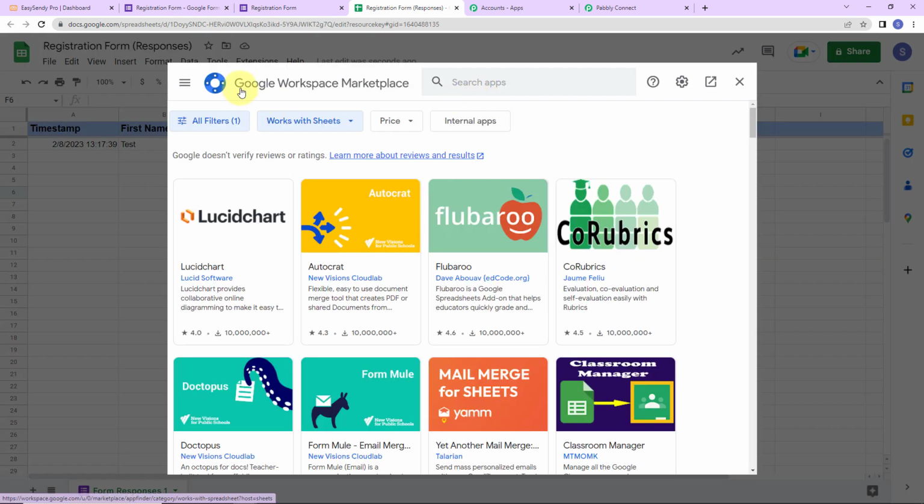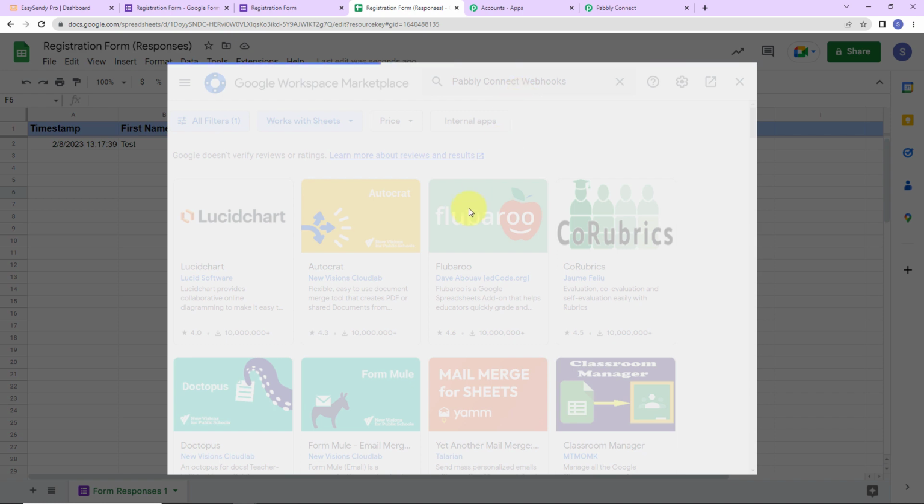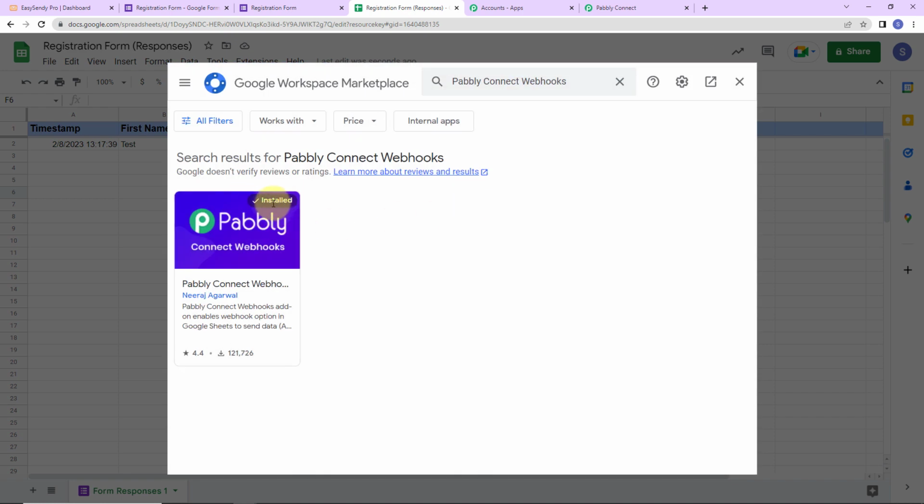And here we can see we have reached Google Workspace Marketplace. Here we have to look for Pabbly Connect webhooks. Here it is. So you can see that this particular application has already been installed on my system. Please make sure that you install this. And once you have installed this,